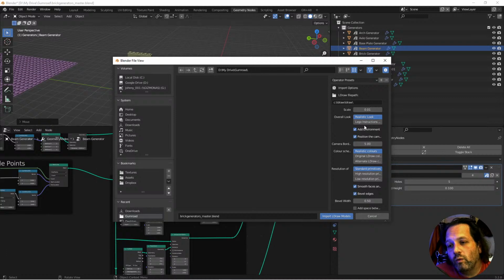What I've discovered is, if you use files from Ldraw, they'll match up with my generators, whatever you use for the stud height here. So if I use 0.1 here, if I use a quarter of that for my scale on the Ldraw, it will work. So if I put in 0.025,